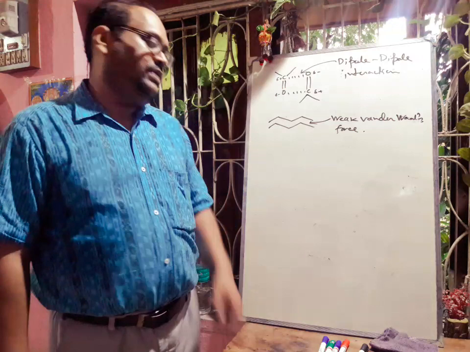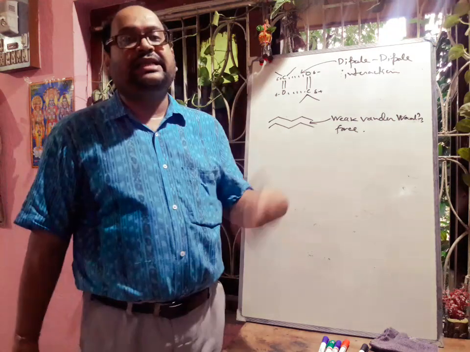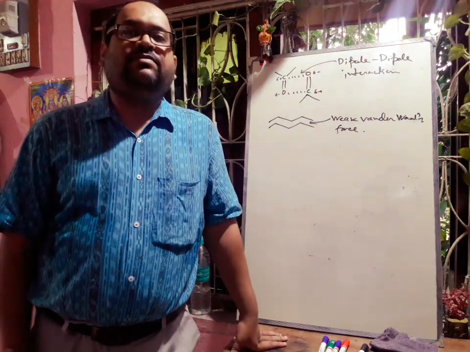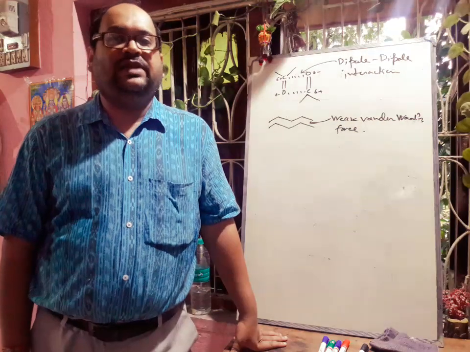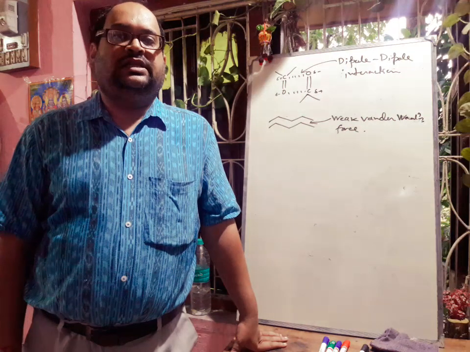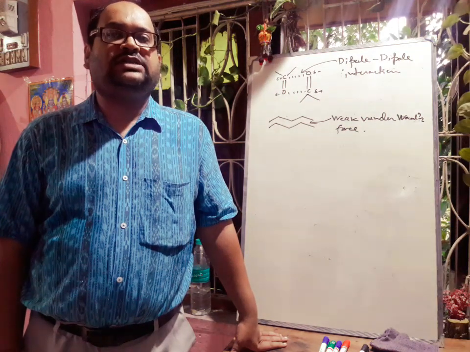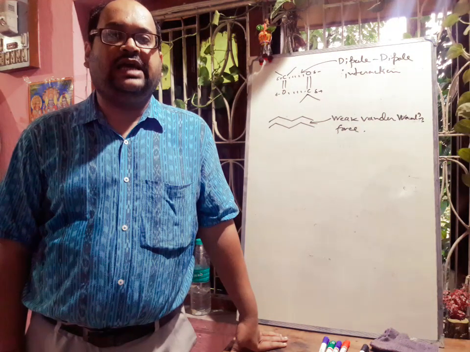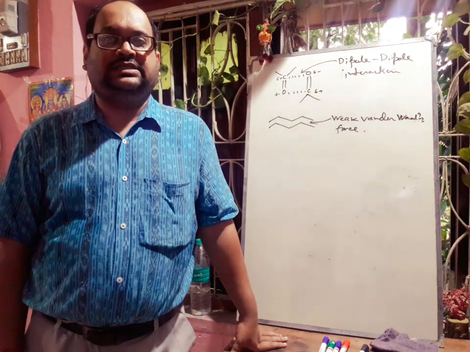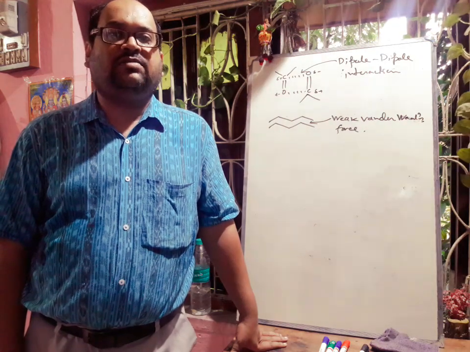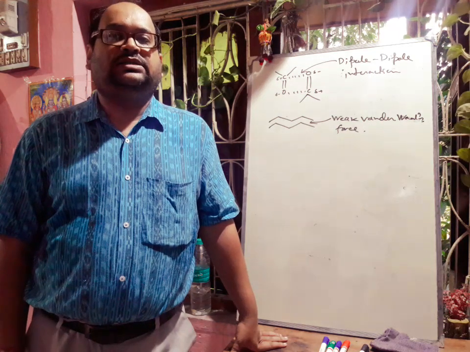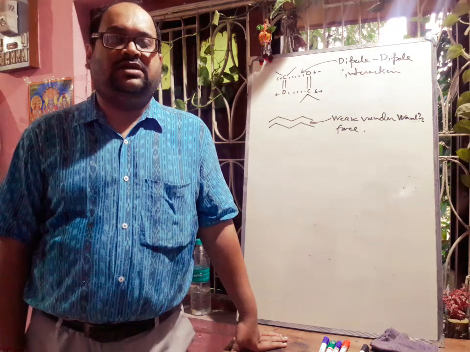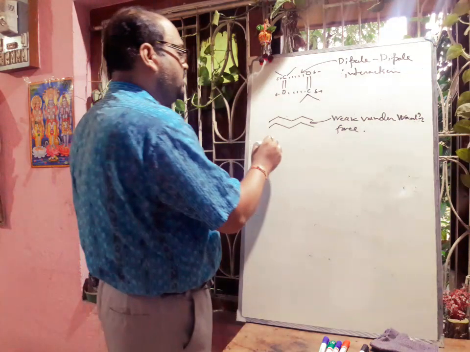Okay, hope you can understand. Next, if we take the example of ether, ethers have lower boiling point than aldehydes and ketones, because they are less polar than aldehydes and ketones. The boiling points of aldehydes and ketones are lower than those of the corresponding alcohols and carboxylic acids. This is because alcohols and carboxylic acids form intermolecular hydrogen bonds, but it is absent in case of aldehyde or ketone. Suppose we are thinking about alcohol.